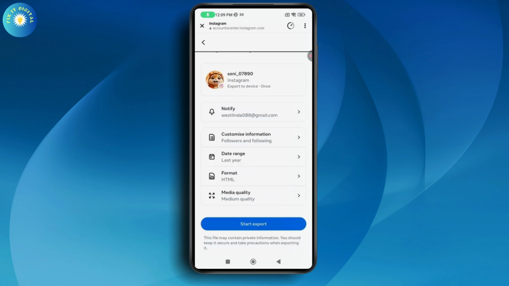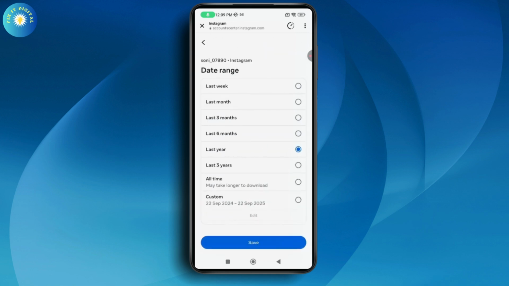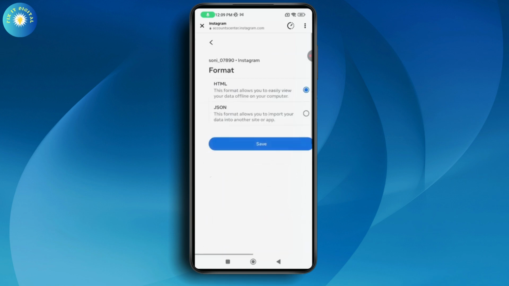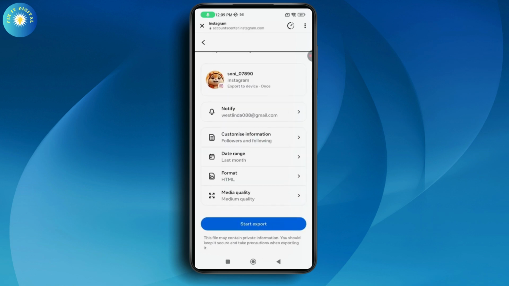Go with date range, select the date range like last week, last month, or last 3 months, or you can also go with the custom one. I'll go with last month. Go with save and go with the format if you want the HTML format or JSON format. After that, go with the media quality and tap on start export. It might just take a few hours, so come back after a few hours and you will have your media